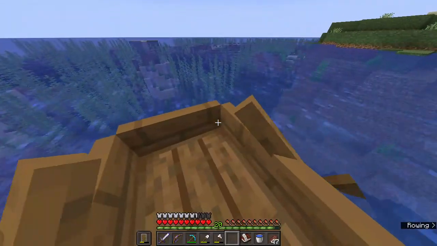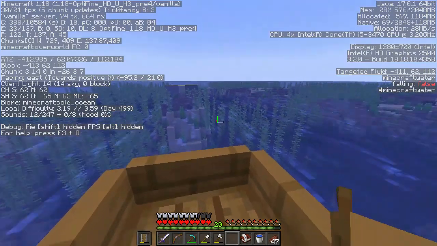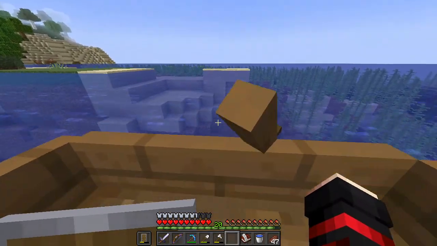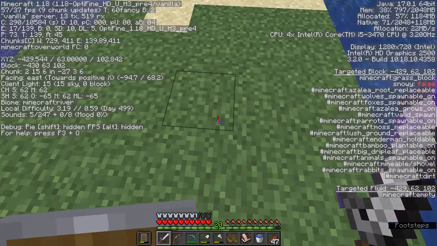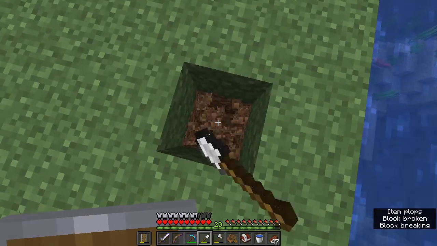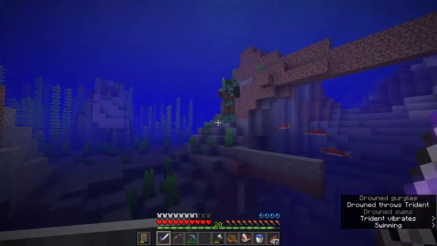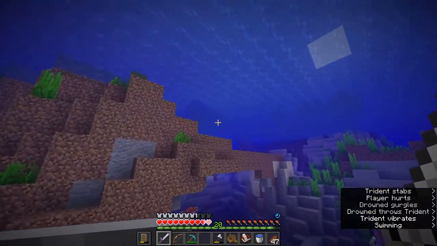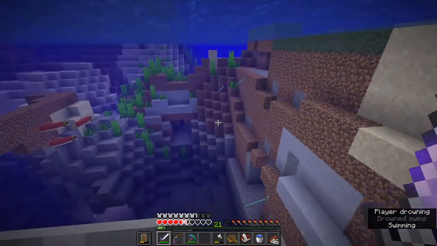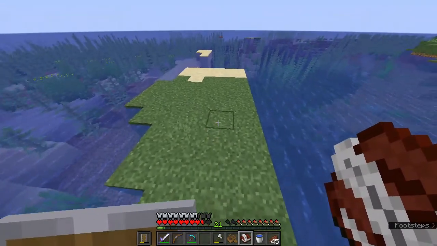Alright, so we should be pretty close. In fact, we've already... Oh, should be on this island right here. We are right here now. Is it underground? No? Alright, we found a drowned guy. Ow. Drowned. Please. No? Only drowning? Okay, well. Anyways, we're here now and,